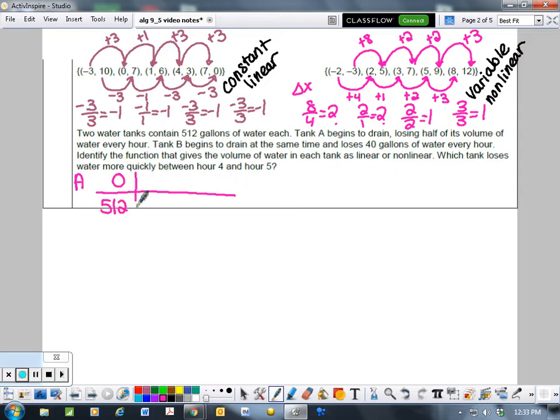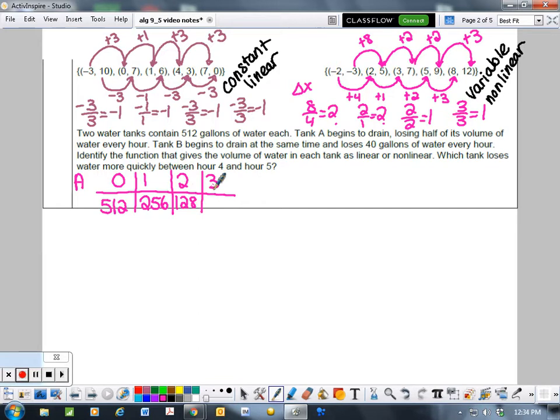Now after 1 hour, we're going to go ahead and lose half of that. So half of 512, better grab my calculator, is 256, and then we'll lose half of that, so divide by 2, 128, and a third hour, divide by